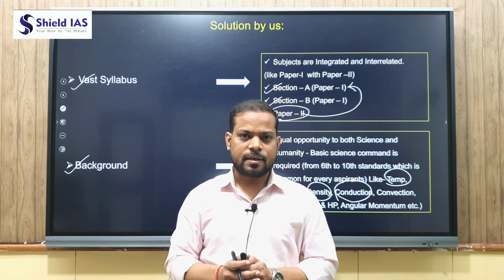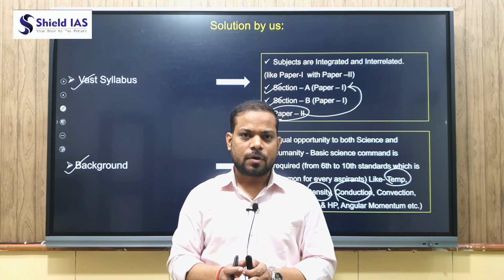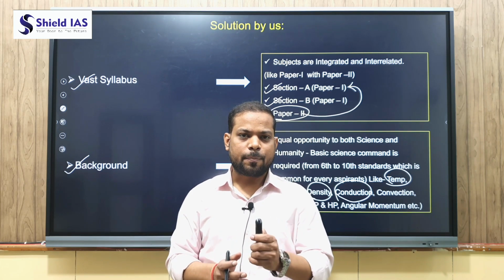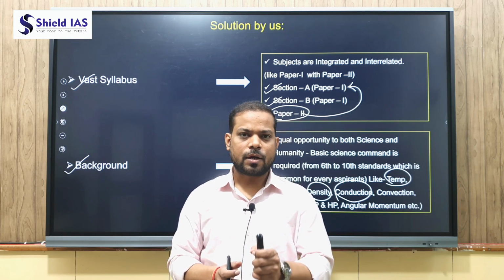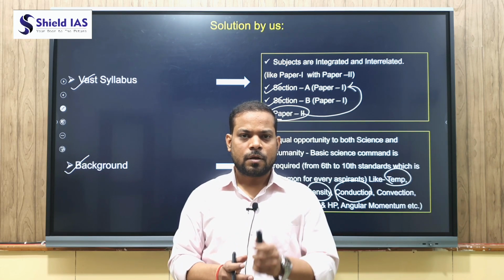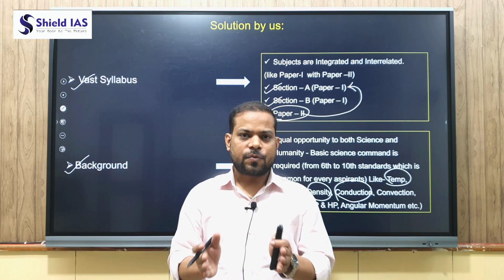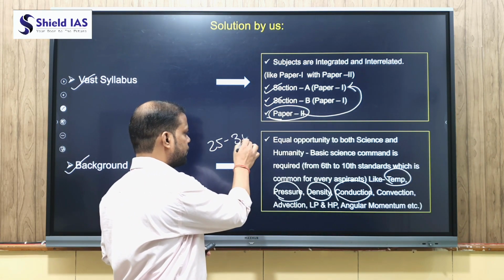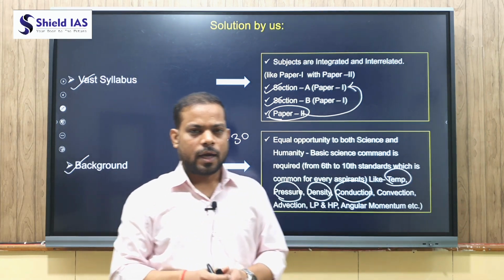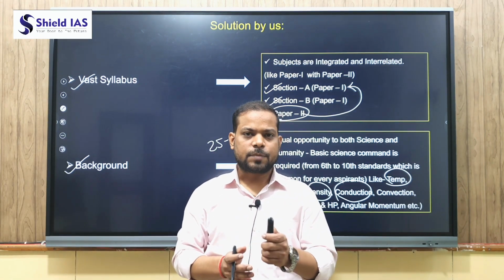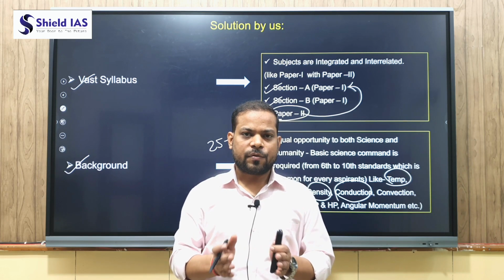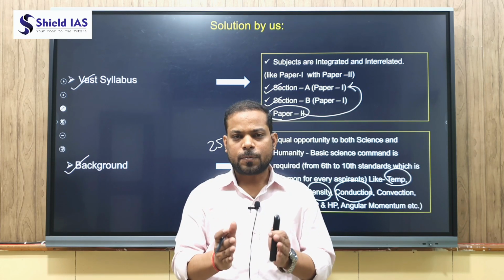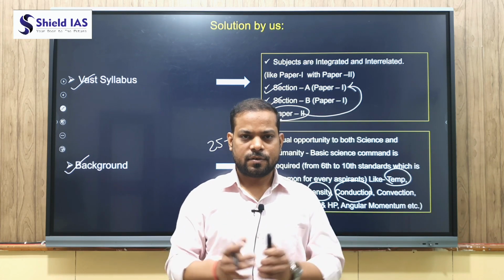Another advantage is that geography forms an important part of the GS syllabus. For example, in prelims there are two papers, paper 1 and paper 2. In paper 1 there is geography and environment, with at least 25 to 30 questions. And when we talk about mains, GS paper 1 and geography will help in GS paper 3 as well. Hence the geography optional does not look vast.